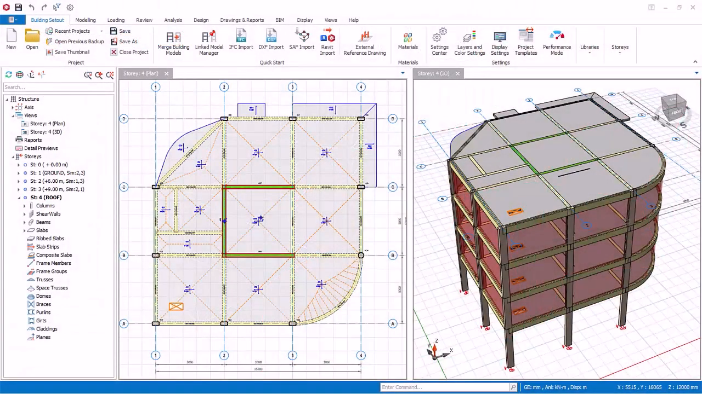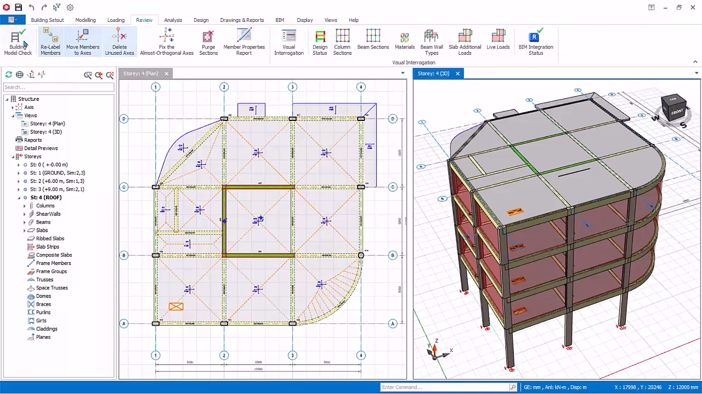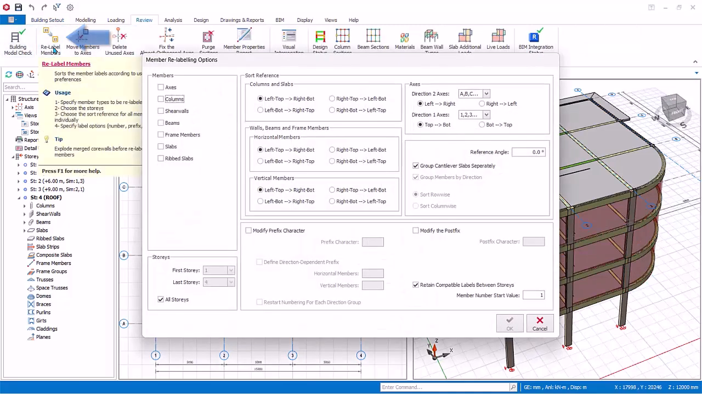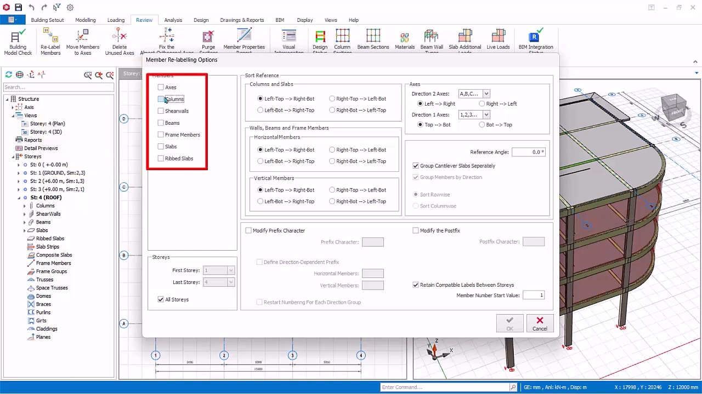We have finished modeling members. The members are currently numbered automatically in the sequence they are created. To relabel the members systematically, go to Review tab, select Relabel Members. Select all members types, except axes, as the label is correct, and accept ribbed slabs, as there are none in